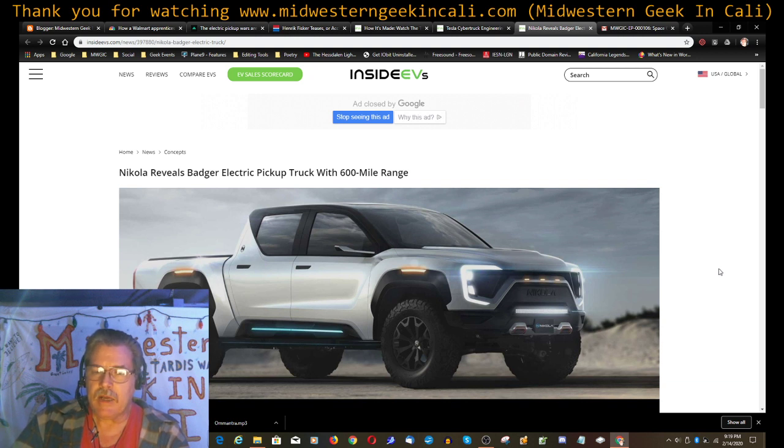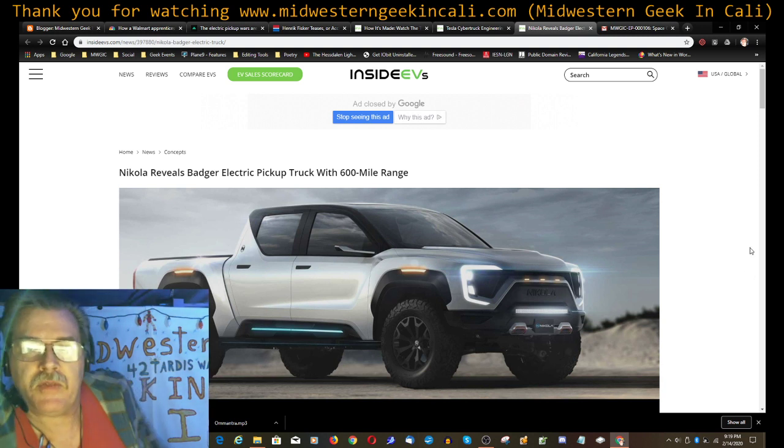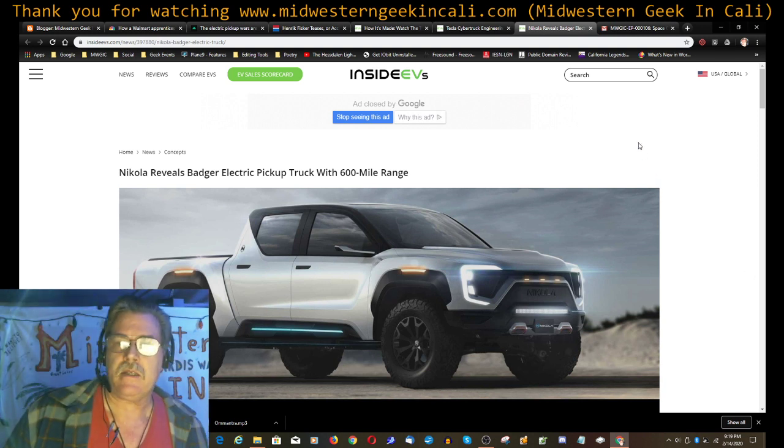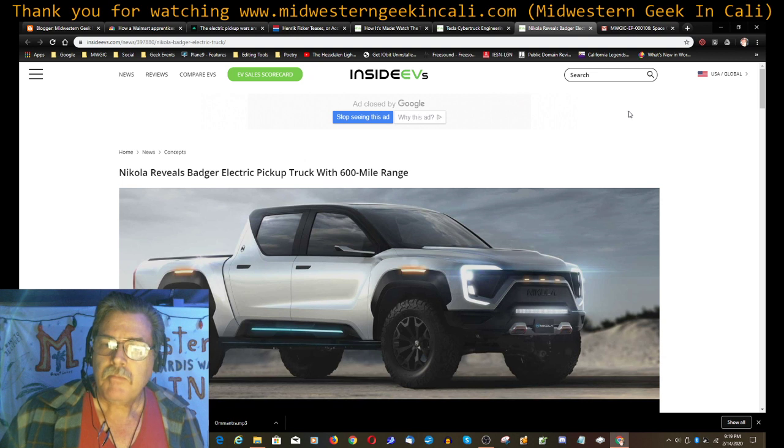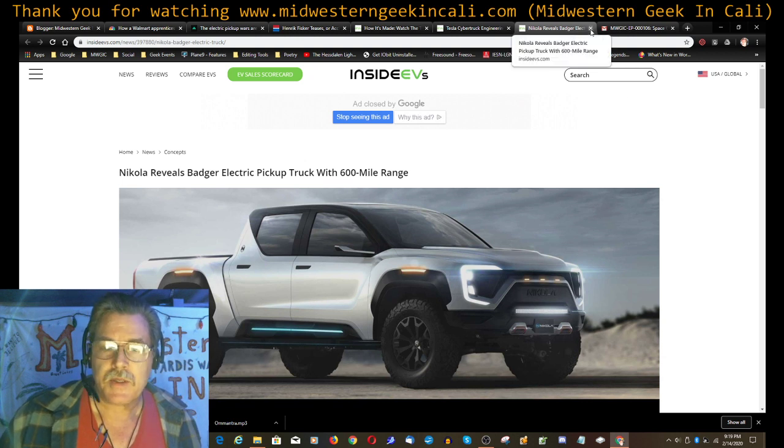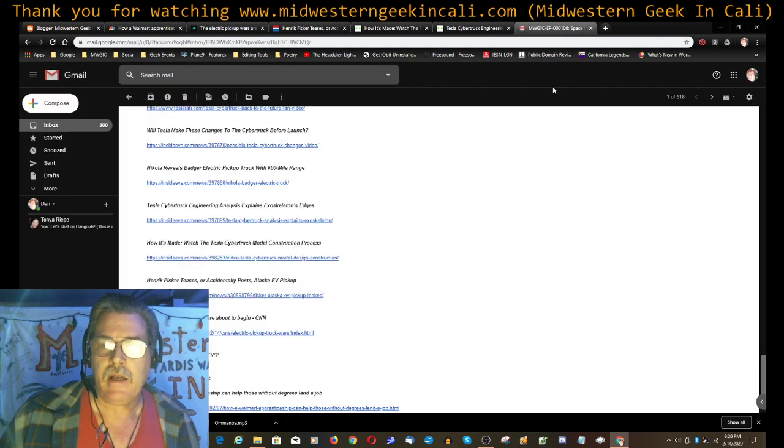If you're a fan of electric trucks and all the stuff that's happening with electric trucks, this looks much more traditional than a Cybertruck, but it's still very futuristic. And it's definitely worth a read. It's kind of making the same point I'm going to be making with an article at the tail end of this section. So go check it out. There's another new kid on the block with the electric truck market. And here we go. Keep on Cybertrucking.